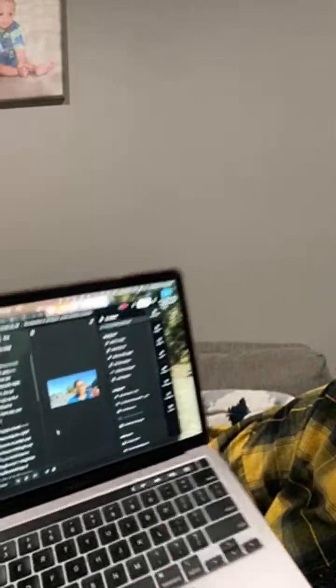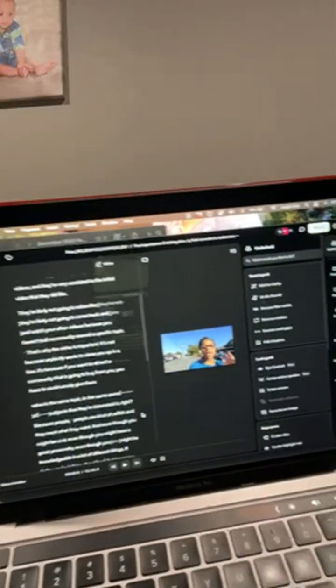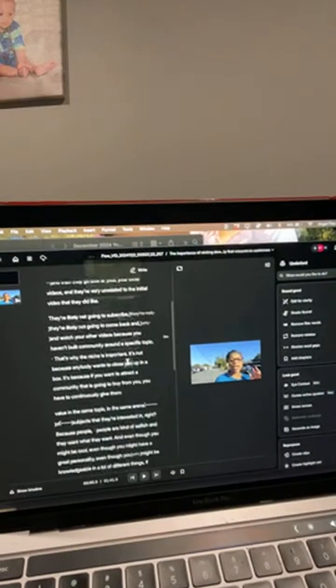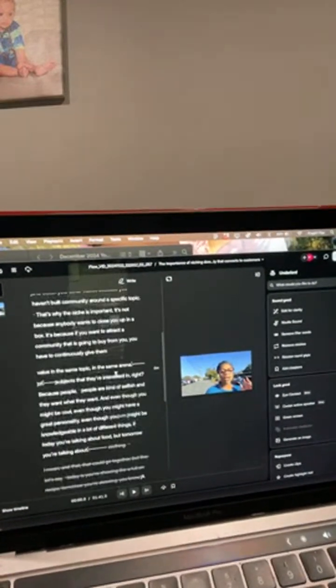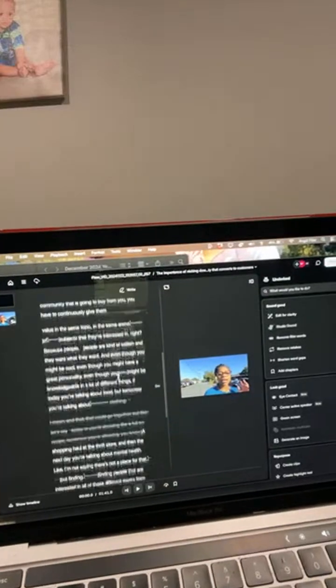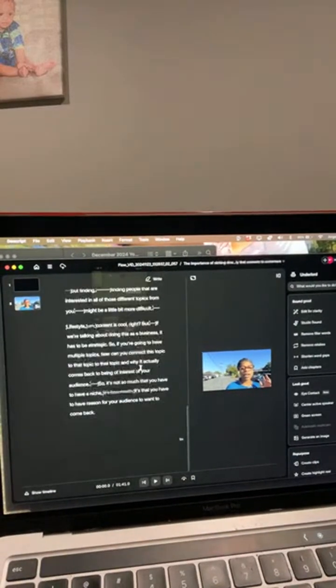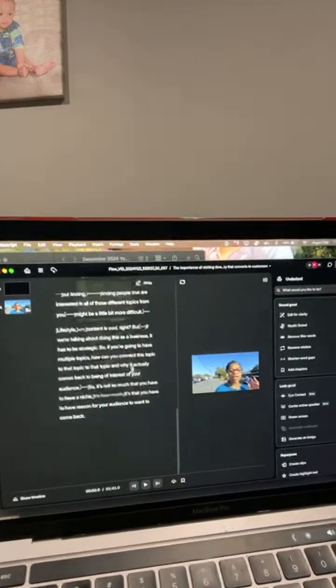But you can see right here, all of the words. This is everything that I've said. So normally, and I know you can't read it, but I just want you to see all of the words. So normally, in order to